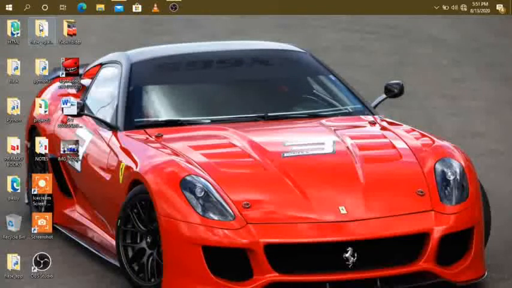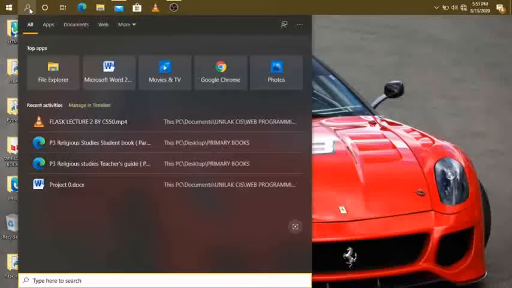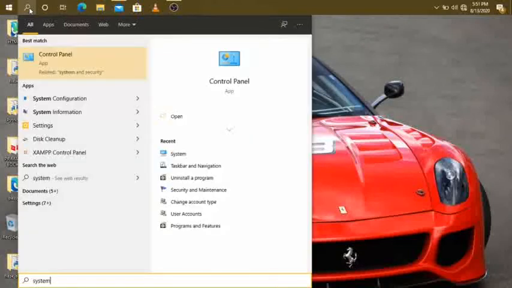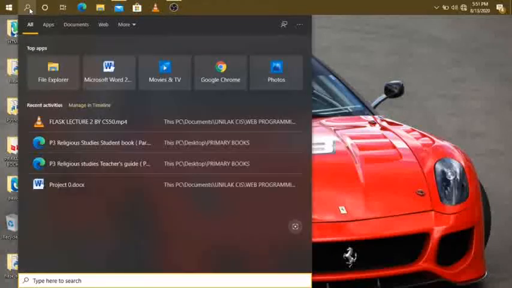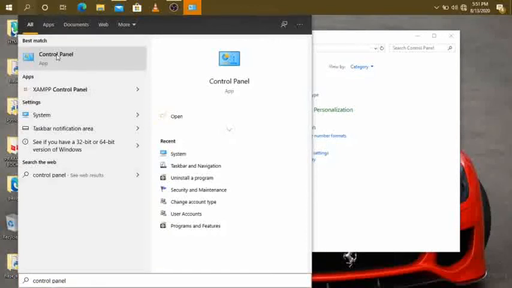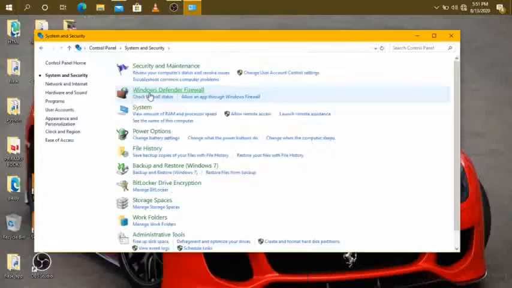Okay. What you will do, we come here, click on search, you type system. You can use this way, but a good way is, instead of typing system, because I know most of you cannot see system as you wish, you will write control panel, and then double click. After that, you will come on system and security. Then you see system and maintenance, no, Windows Defender firewall, no. You click on system,